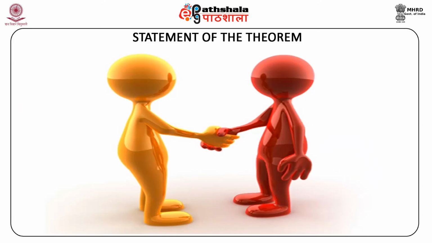Next we talk about the statement of the theorem. The first general formulation of the law of large numbers was given by Jacques Bernoulli and was published posthumously in 1730. Bernoulli proved the law of large numbers, which is now one of the fundamental theorems in probability, statistics, and actuarial